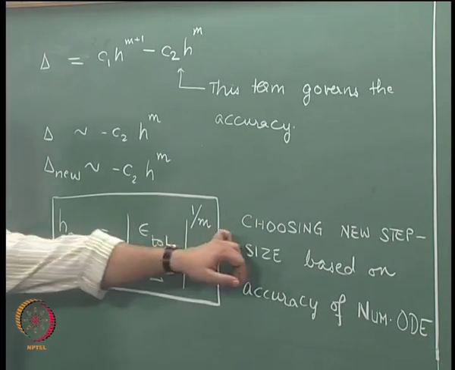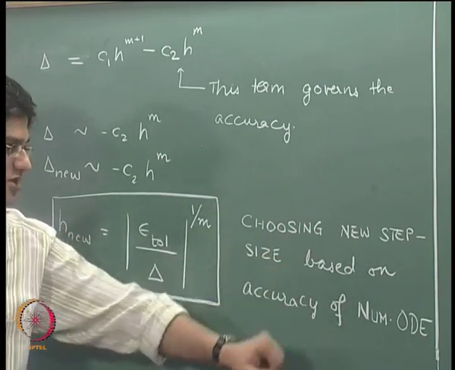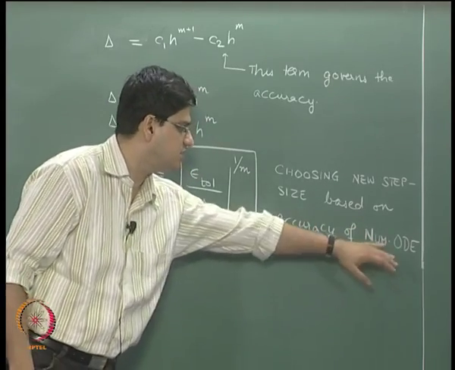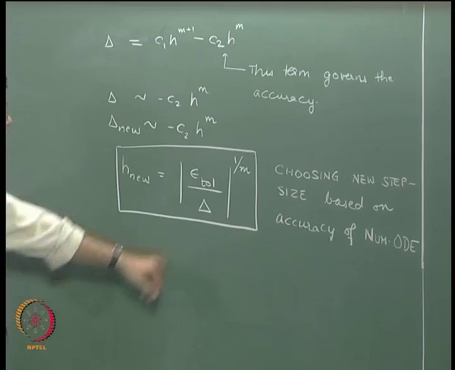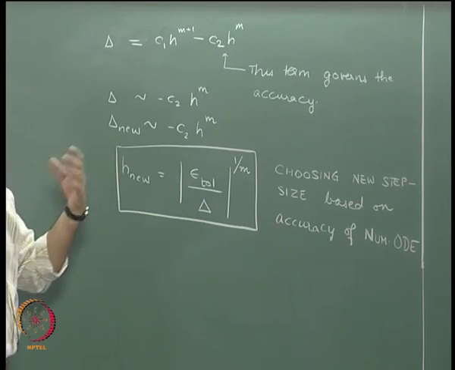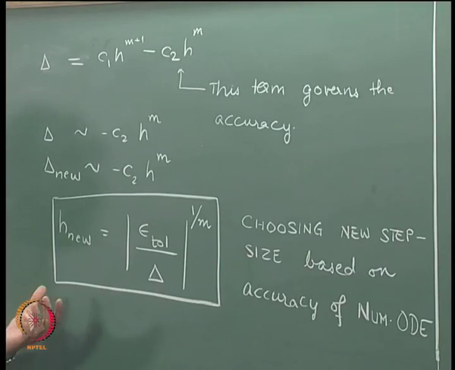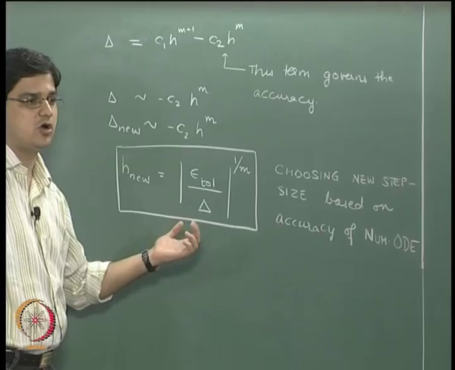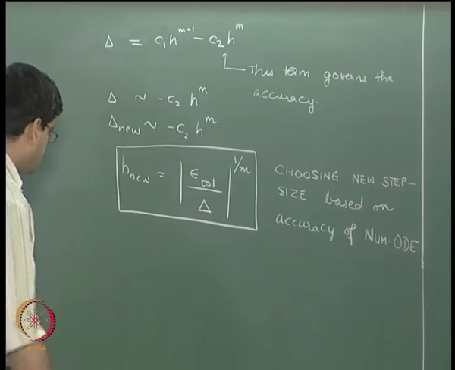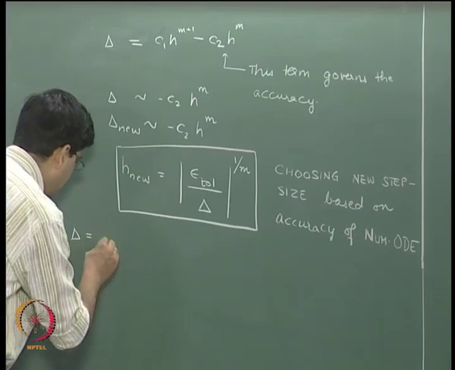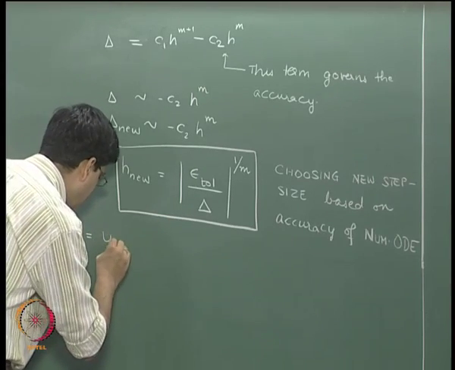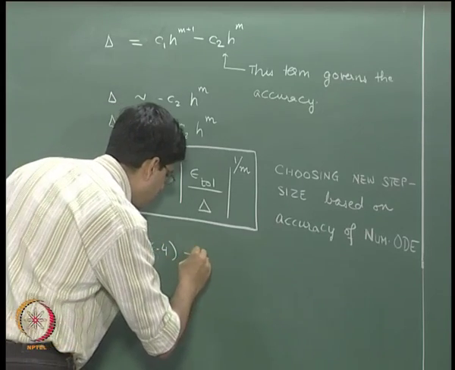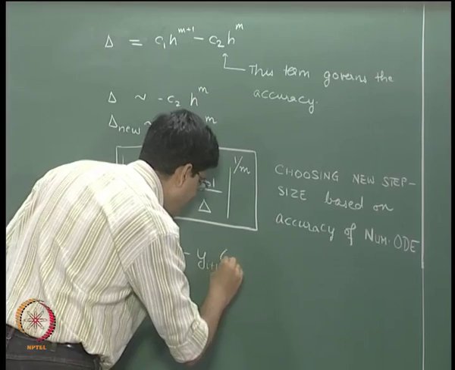Okay. So this is the result we are going to use to choose the new step size based on what we estimate is the accuracy of the numerical method for solving the ODE equation. So for example, we could use an RK4 method and an RK3 method. The RK3 method is order h to the power 4 accurate, the RK4 method is order h to the power 5 accurate. So if delta, we write this as y_{i+1} RK4 minus y_{i+1}